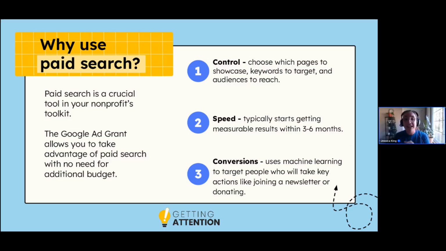So, first of all, you have a high degree of control. You get to choose which pages you are going to send people to. You get to choose which keywords to target. You can, to a certain extent, choose which audiences to reach, whether that is through soft methods like keyword selection, or through more strict methods like location targeting. You don't get that level of control with organic. So it's nice to have organic, which is always on, very slow moving, right there, and then also have paid where you can really dial in your message.